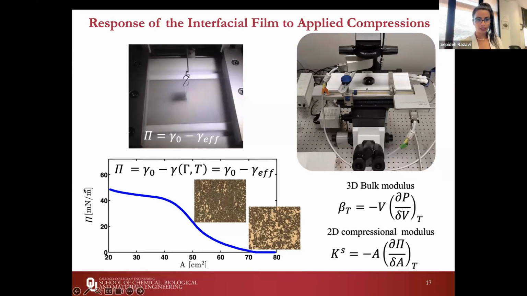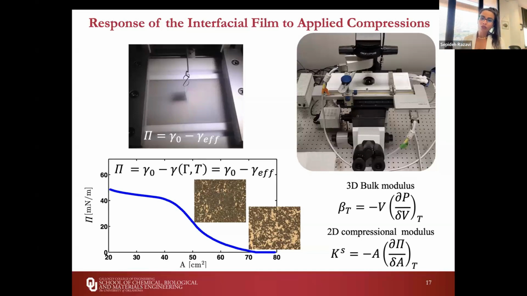The kind of data you get is then the pressure area isotherm. Again, this is very straightforward for surfactant systems, now adopted to particle systems. At the beginning of the experiments, if you're at a very low area fraction, the pressure is 0, meaning that the particles are not interacting. As you start compressing, you're effectively increasing the surface coverage of particles, and they start to interact, so the pressure goes up. And then at some point, if you keep compressing, you're going to jam the interface, and you're going to saturate basically the space available in 2D, and the network has to respond to those deformations. It's going to collapse, which is known by this shoulder in the pressure area isotherm.